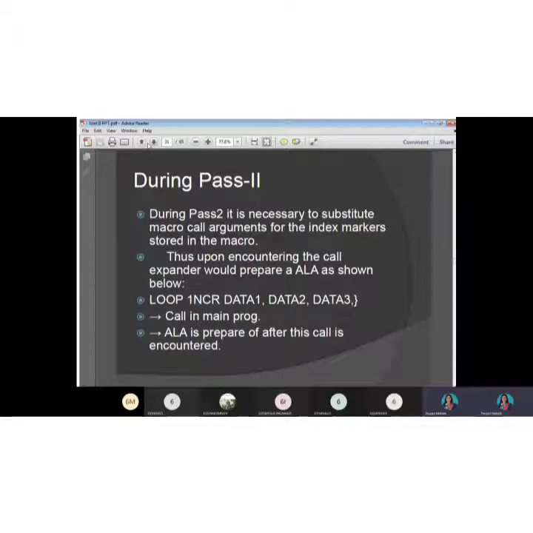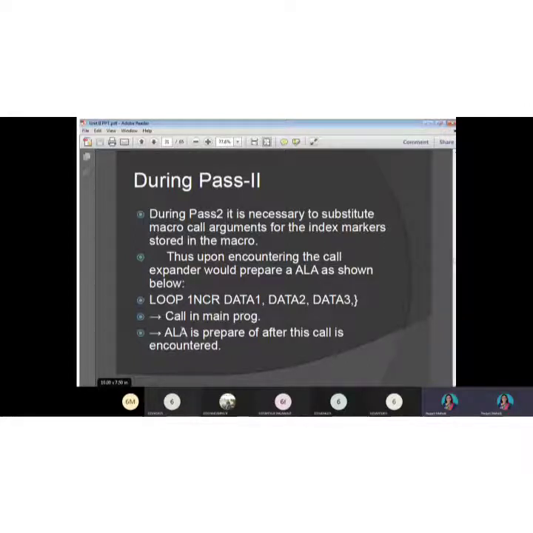So we have one call, INCR data1, data2, data3, in the main program. The ALA is prepared after this call is encountered. During pass 1, all the tables like MDT, MNT and the others are already defined.